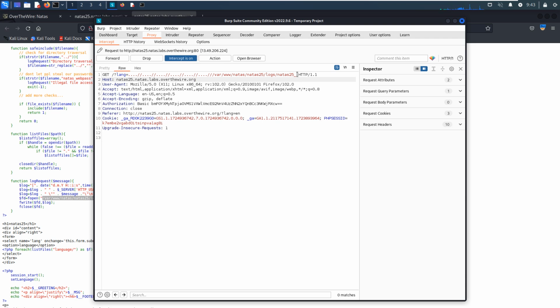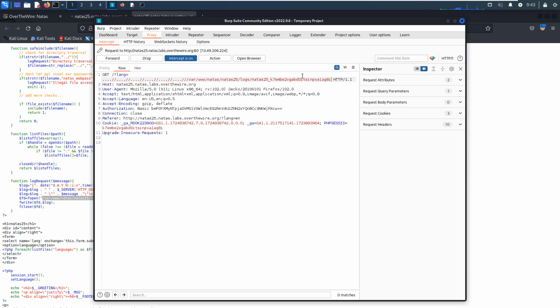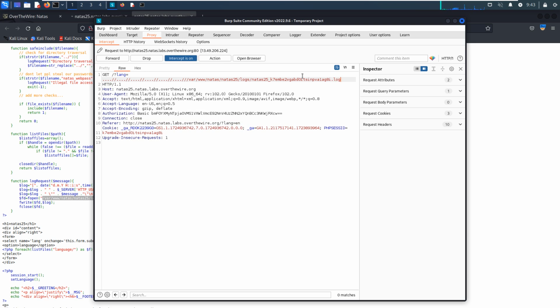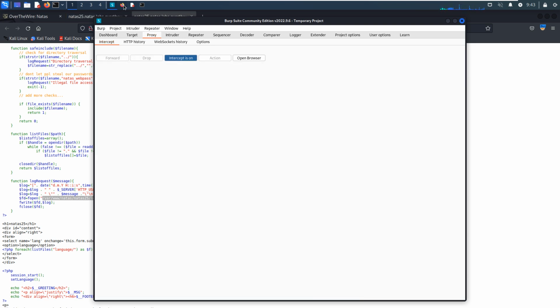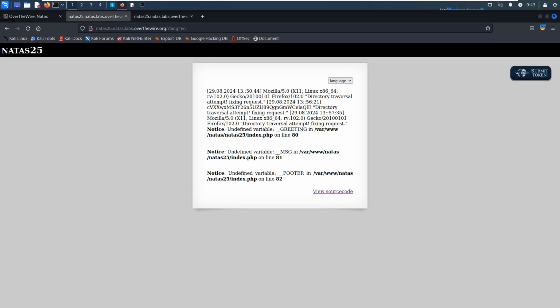Delete, put it over here, and of course we need to use log as the extension. We can forward. As you can see, as before, we can retrieve the password for the next level. We can copy